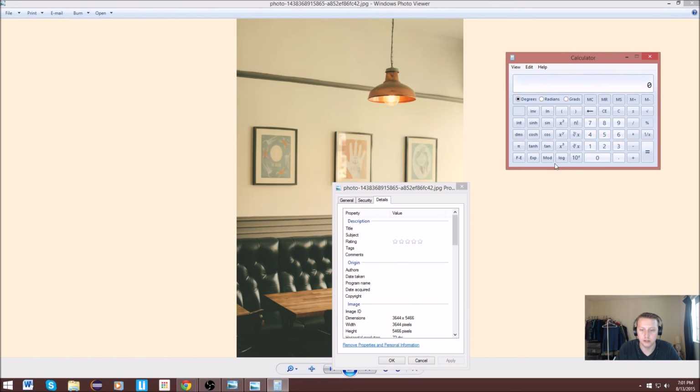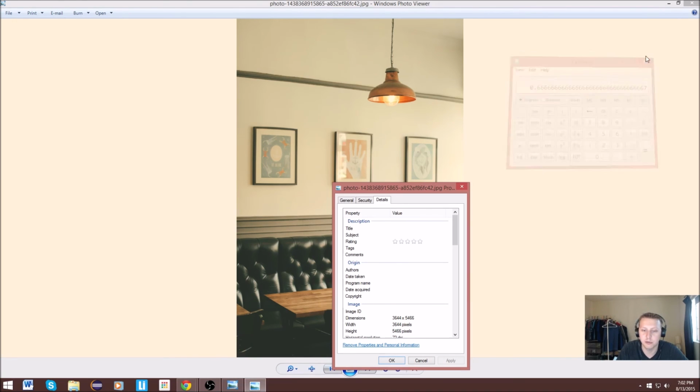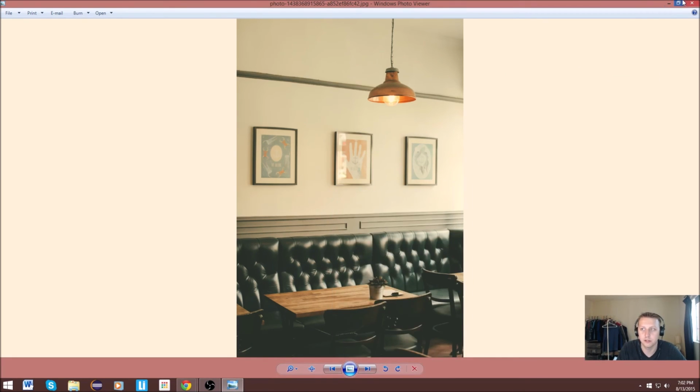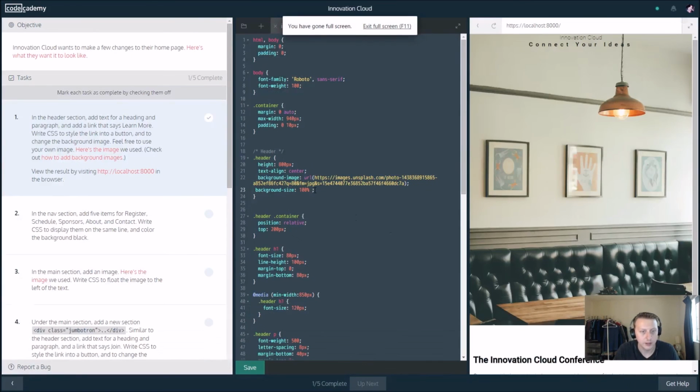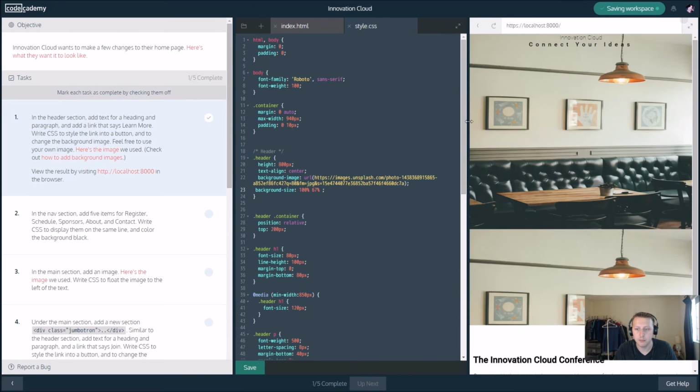So in this case, it's the width. So we're going to have 3644 divided by 5466. And so it has basically a 66.6%, 67% ratio. So we're going to go back to our code now. And so this is our width, and then our height we're going to set at 67%. So we save that, we refresh it, and now